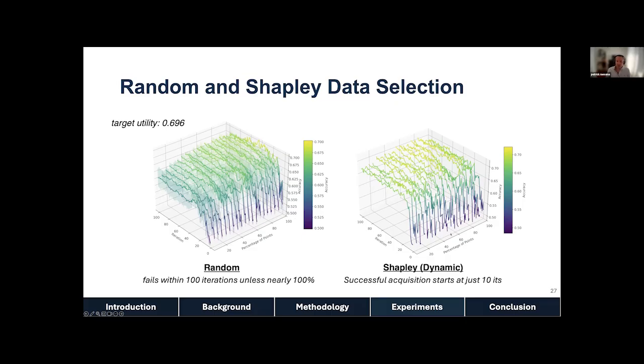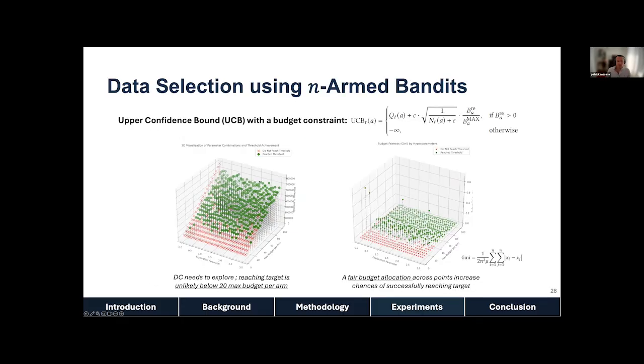Now, if you use Shapley values as a strategy, we observe that we only need 10 iterations to achieve the targets, and a small percentage of the data points to do that. So already, Shapley values, in the game that we proposed earlier, is a better strategy than random, if the data consumer does data evaluation while he acquires points.